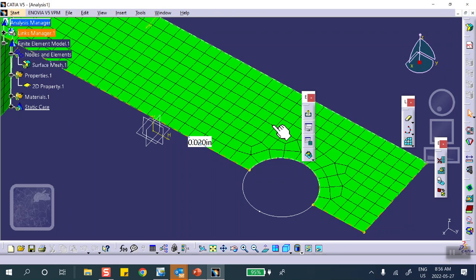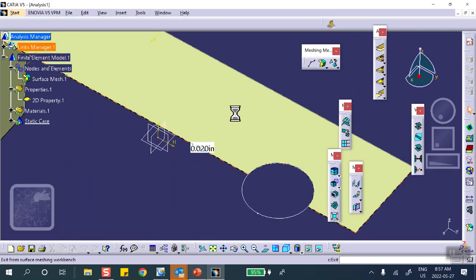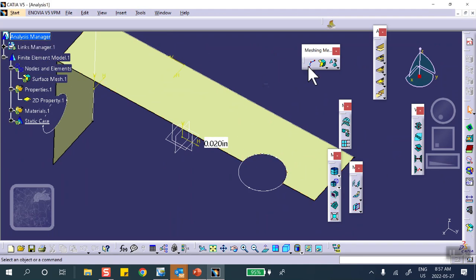Okay, so let's cancel that. Actually, let me unzap it. There is an unzap here. I think here it says don't do it. Don't do it. Okay, so let's exit. Let me exit. Surface mesher right up there. By the way, if you look at the videos of last year,